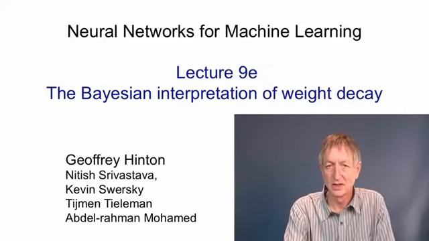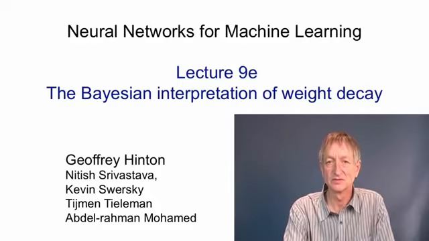In this video, I'm going to talk about the Bayesian interpretation of weight penalties. In the full Bayesian approach, we try to compute the posterior probability of every possible setting of the parameters of a model. But there's a much reduced form of the Bayesian approach, where we simply say, I'm going to look for the single set of parameters that is the best compromise between fitting my prior beliefs about what the parameters should be like and fitting the data I've observed.